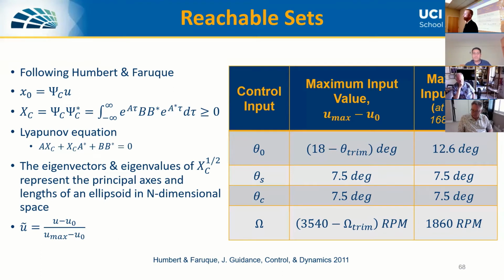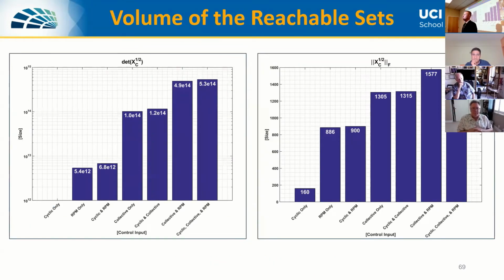For RPM, of course, we have a trim value, and the maximum value is from the prediction of the gearing, the battery voltage, and then the motor constants. This leaves us with about 12.6 degrees for maximum control input for collective pitch, 7.5 degrees for cyclic pitch, and 1860 RPM for RPM control. Now to compare these, we either compute the determinant or the first Frobenius norm. Largely these two results look the same; they're just a slightly different way to look at it. But one thing you'll notice for the determinant is that the cyclic pitch drops away. This is because we do have that uncontrollable state in the vertical axis where we cannot control altitude. It does show up a little bit with the first Frobenius norm, but it's really small compared to the other